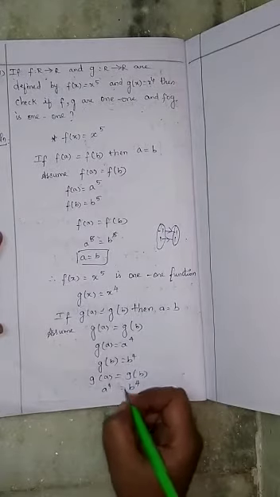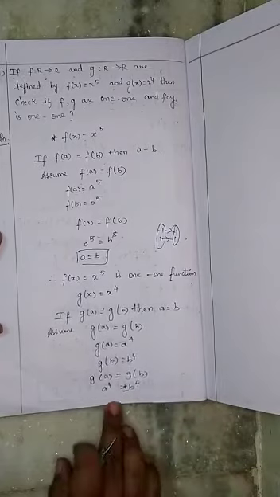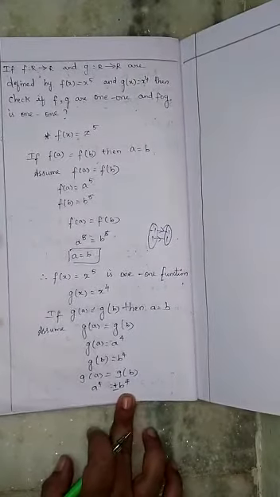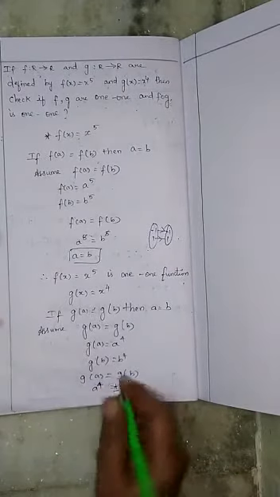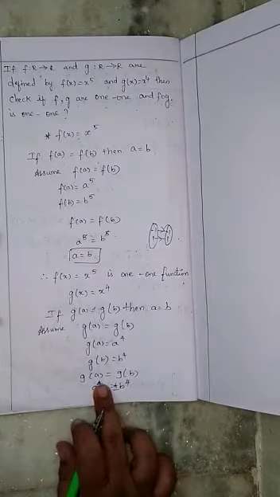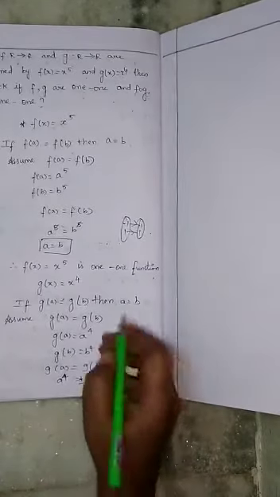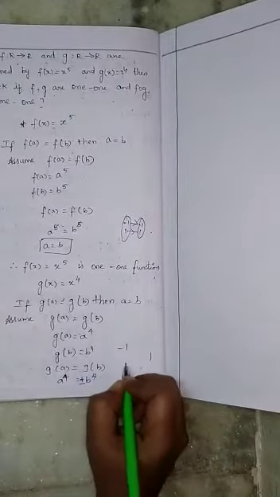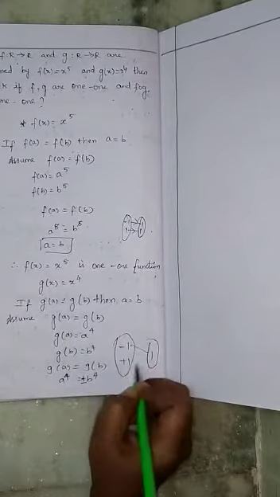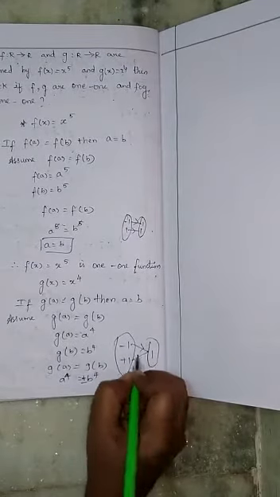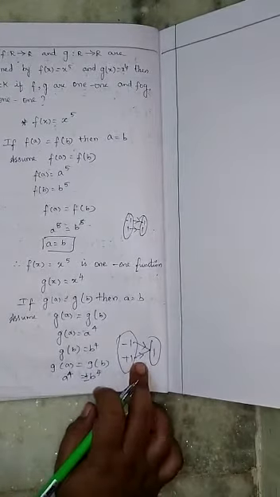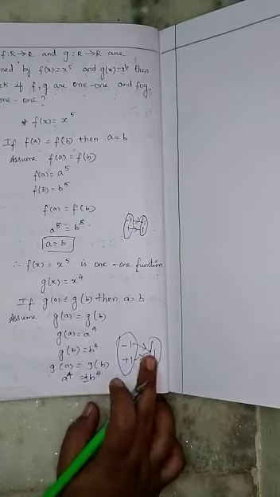So if you are putting here, it is plus or minus. If you put minus 1, it automatically goes to a positive value only, because it is an even power. Even power means if you put a negative value also, it will become positive. So minus 1 means you will get 1 only, plus 1 also you will get 1 only. So here you just see both are mapped with a single element. Okay, both are mapped with a single element. It is not 1 to 1, it's many to 1, right? So it is not a 1 to 1 function.